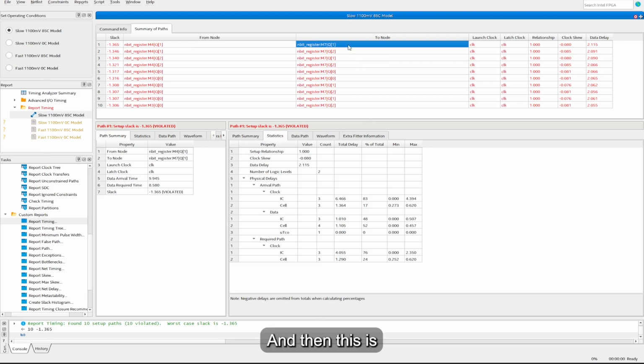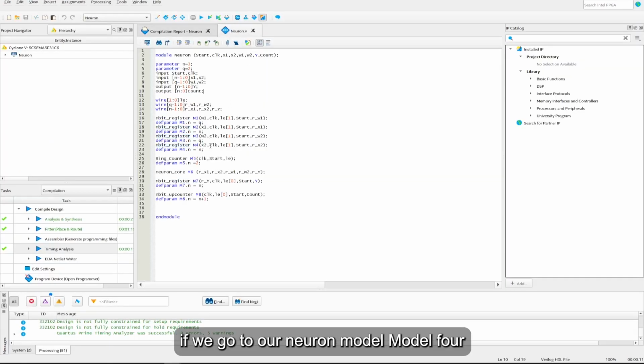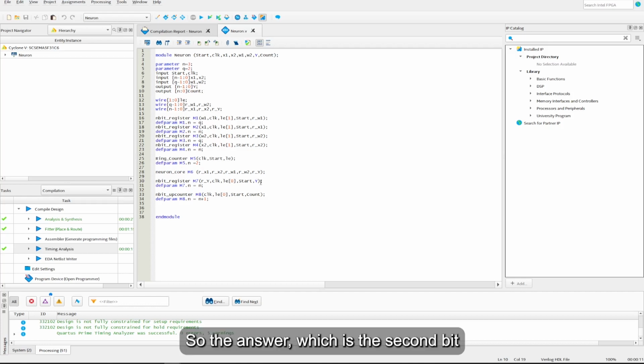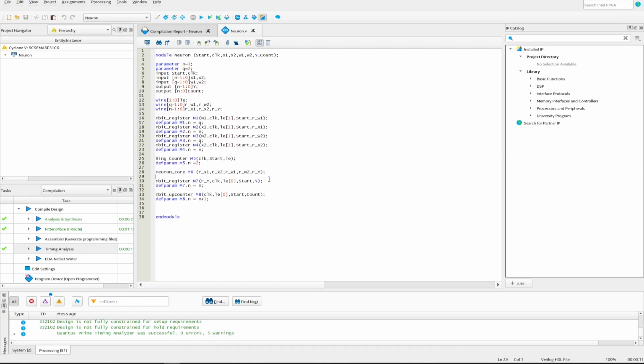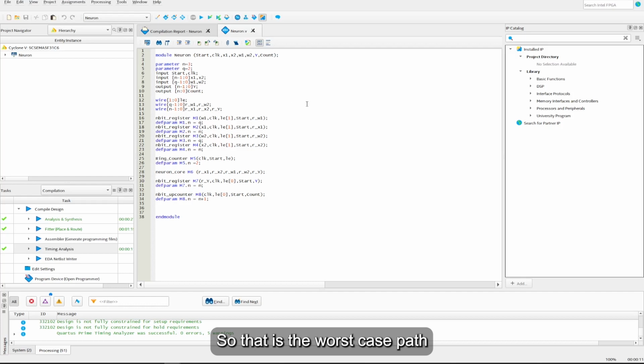And then if we go to our neural model, model 4, so X is from the register X1 to model 7, that is Y. So the answer, which is the second bit from here. So that is the worst case path